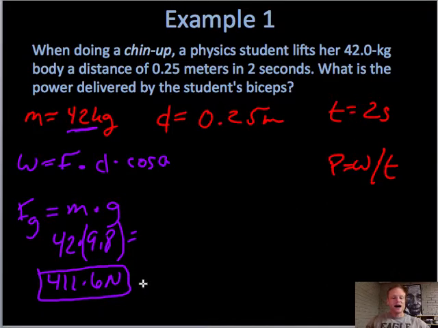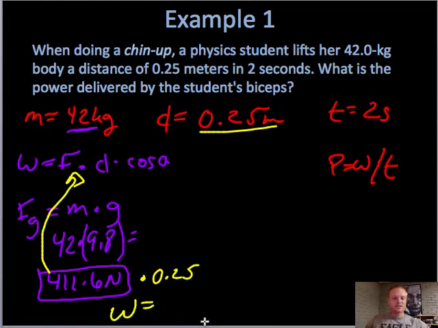Chin-ups. Sorry. Now I'm going to throw that into my equation. So this number is going to go right there. And now the distance, I know it's 0.25 meters. So I'm going to take this times 0.25 meters. And now the work that this student accomplishes, if you do this problem right here, 411.6 times 0.25, you would